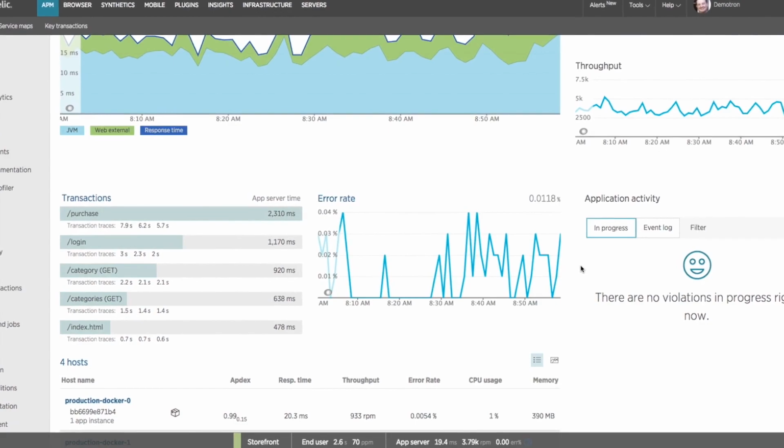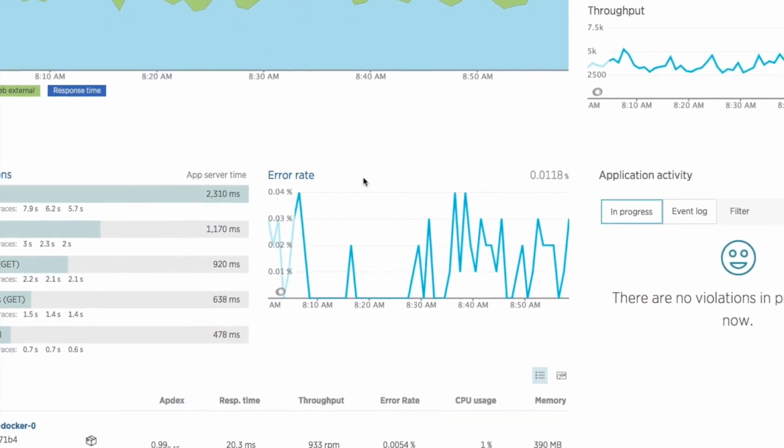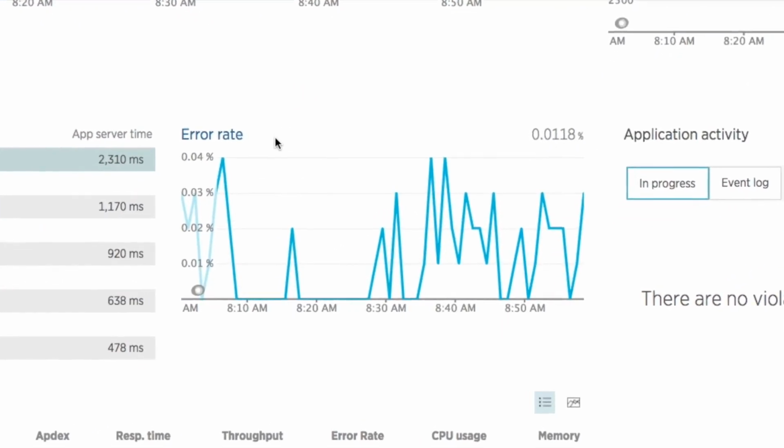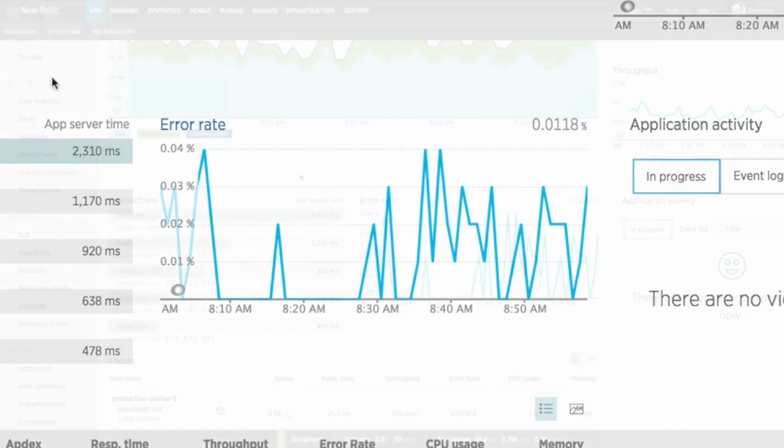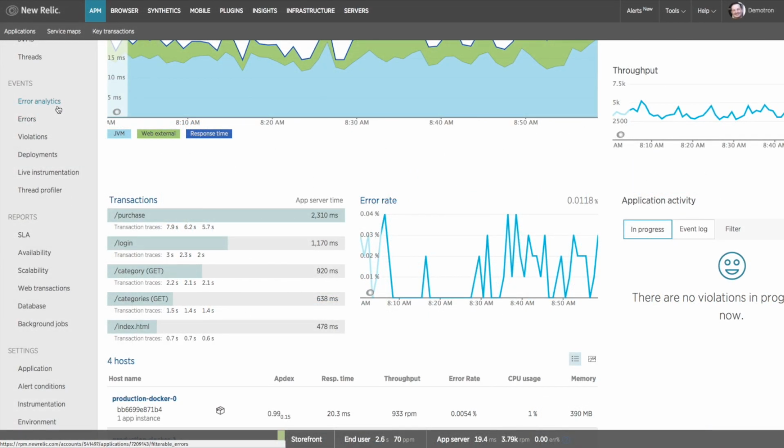Starting from the overview dashboard, you can see that we have this error rate chart, which shows the percentage of transactions over time that have returned unhandled exceptions. We're looking at about 1 hour of data here, and during that hour I've had about 1/100% of my transactions return errors. If I would like to analyze those errors, I can click the error rate heading above this chart. That will take me to the same place as if I click the Error Analytics menu under Events on